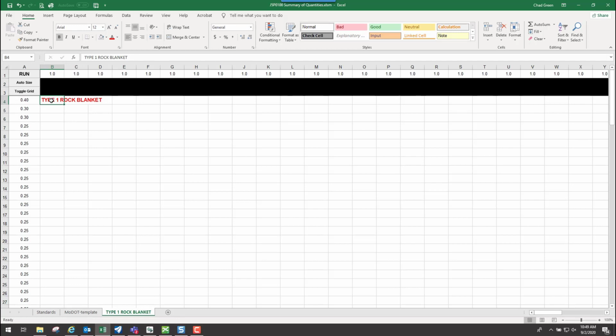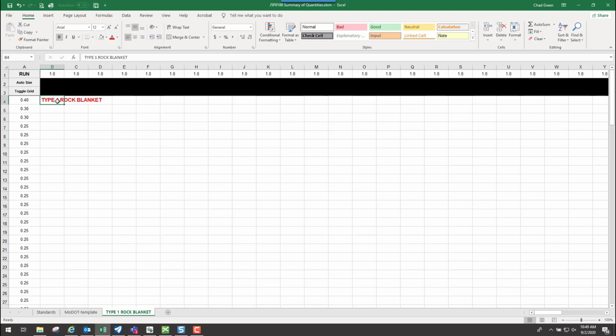And the reasoning for that is later on, whenever we go through here and we have all of our text and all of our grid work, whenever it actually maps over into MicroStation, it'll automatically center this piece of text right here to whatever size your quantity block is. But you need to make sure that it's in B number 4. And of course, we're going to put it in all caps.